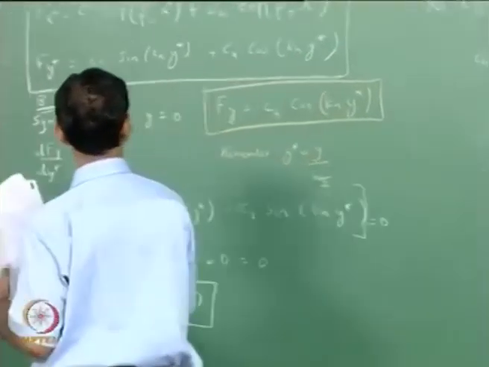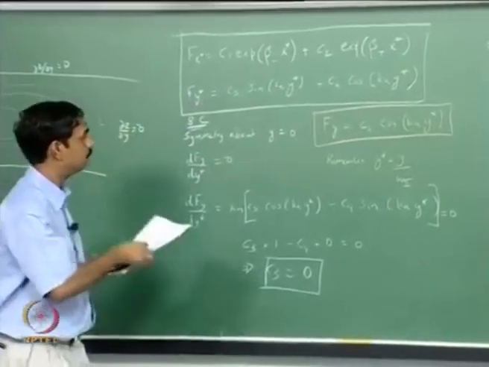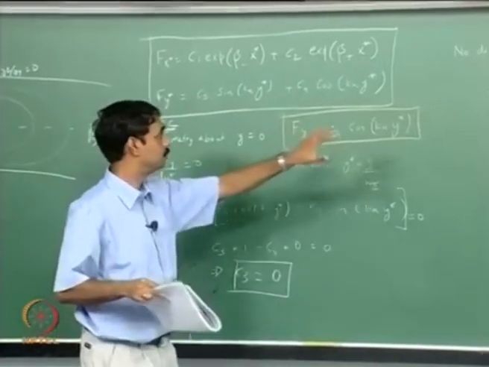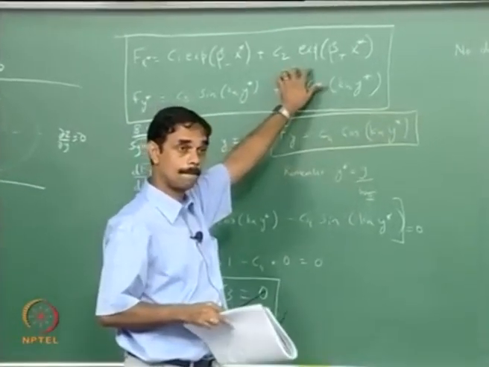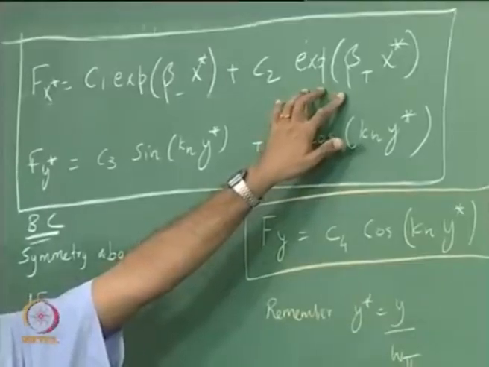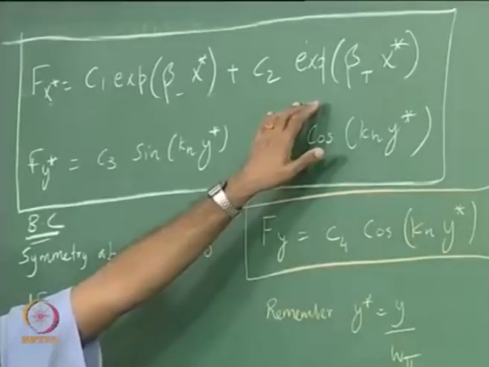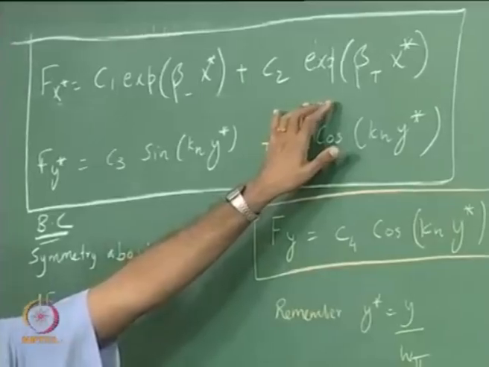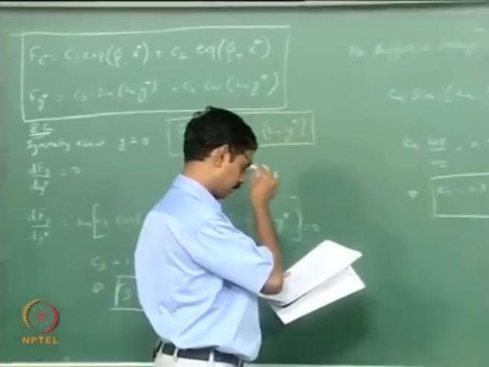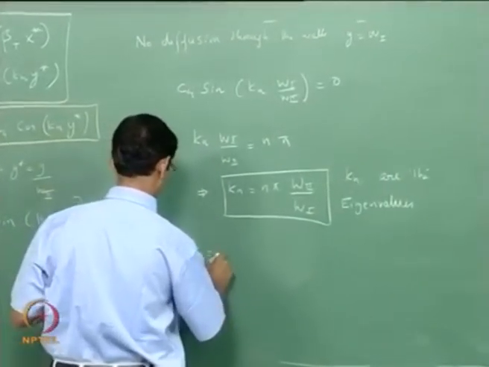Now let's take a look at f of x star. What happens to this term as we go downstream? This C2 exp of beta plus x star. Beta plus means that's a positive number, that's all it means. It will keep on increasing, unbounded. We cannot let this term blow out, so C2 is 0. So let's write this, C2 equals 0,